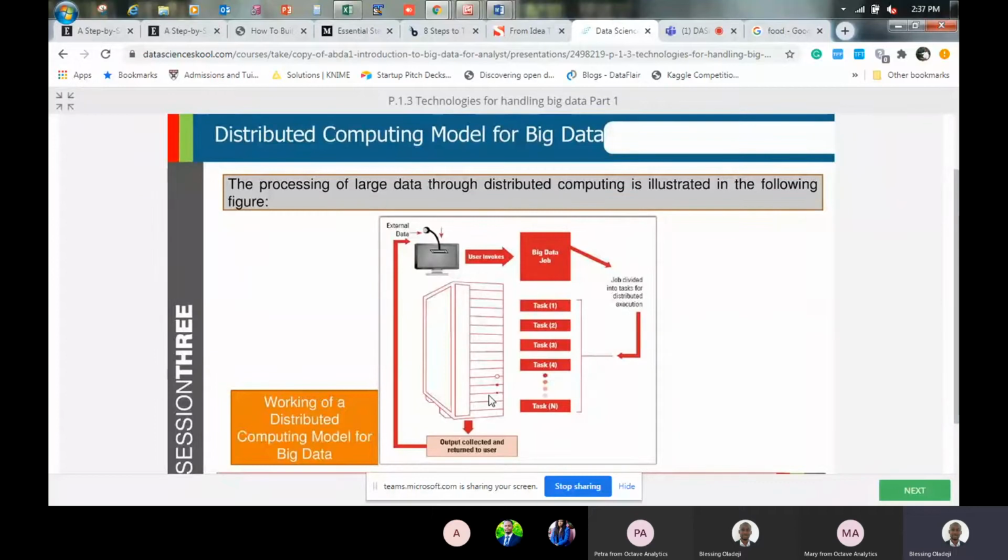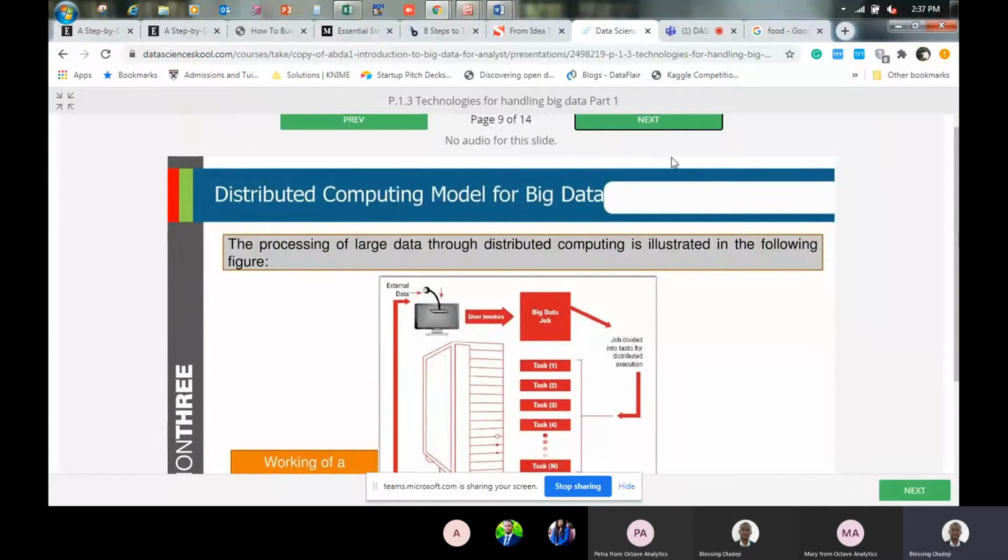So the job is spread to all the computers that are available globally, and the result is returned, combined together and displayed on the screen. I can see the result, and then I can browse and navigate to which of the responses I'm interested in. That is what is happening behind the scene in computing.